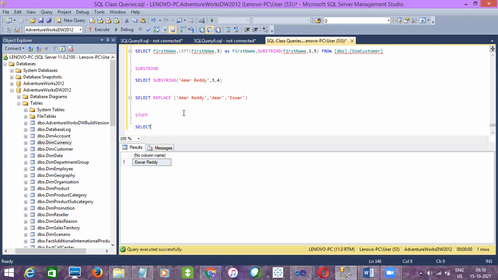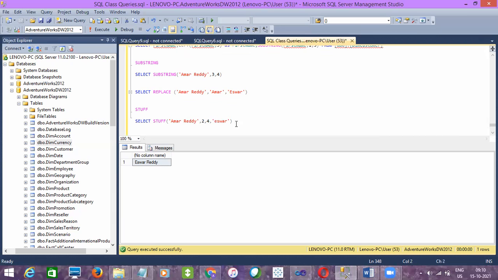So the syntax is select stuff, the input string, and then I want to replace the value starting at position 2, and the next 4 characters I want to replace with Ishwar. Let me execute it so that you get a better understanding of the stuff function.